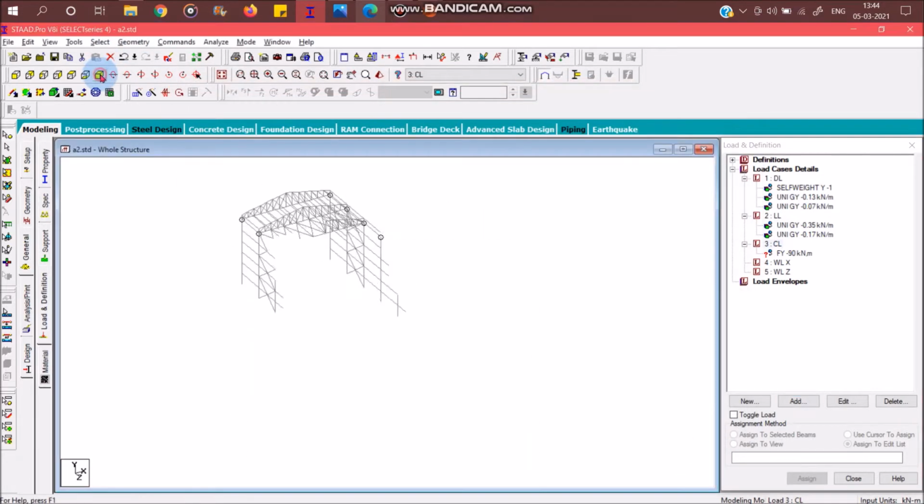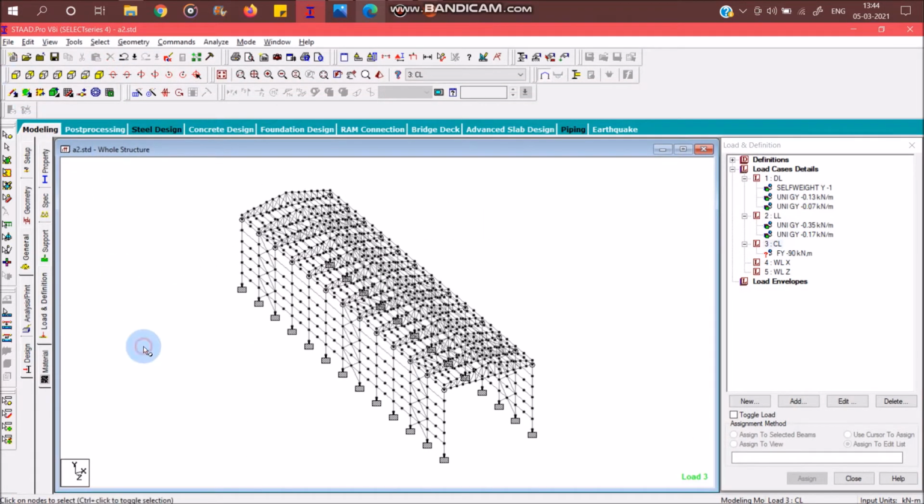So now here you have to make sure that you select one frame alone. If you select one frame and you design it for the critical load, and if you provide the same section for everything, then it will get past it, right? It is like that simple. So you are just going to select one frame.